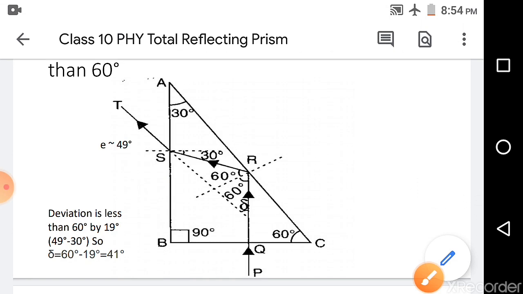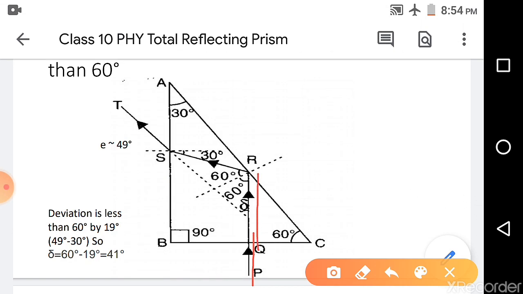We are considering that a light ray is incident normally on the surface BC. As it is incident normally, it passes undeviated and strikes the surface AC at the point R. As we have discussed in the previous figure, the angle of incidence at the point R will be 60 degree. I am telling it once again how. See, this one is 60 degree, this one is 90 degree, and this one is 30 degree. This part is 30 degree, and as this is the normal, 90 degree is the total angle, so this part is 60 degree.